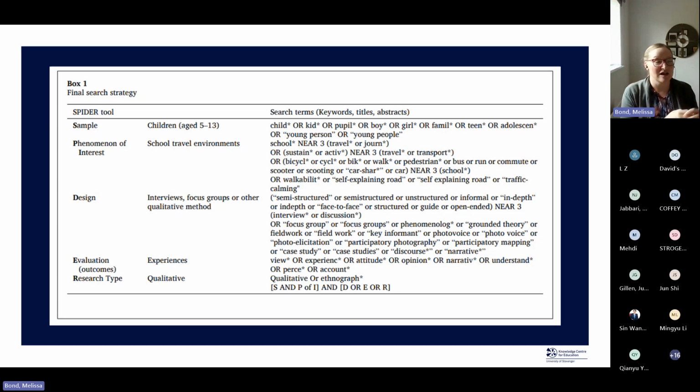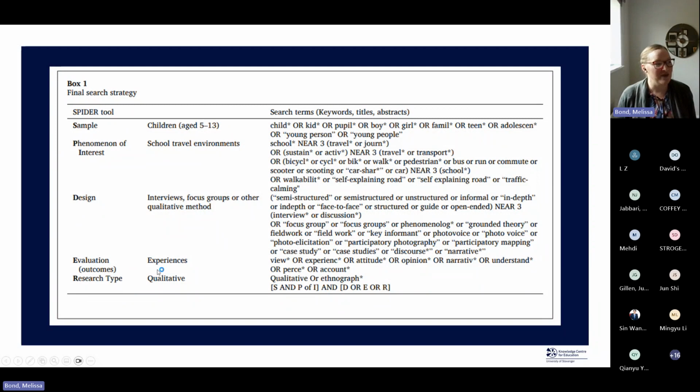So my advice would be, even with a meta-ethnography, not to include those particular phrases, but instead to consider qualitative, mixed methods, those sort of broader umbrella terms for methodological approaches, rather than narrowing it down to these types of data collection methods. They've also used experiences. So again, trying to capture your qualitative phraseology, I guess, in terms of what they might capture. Again, this will seriously limit the types of studies that you're able to find.